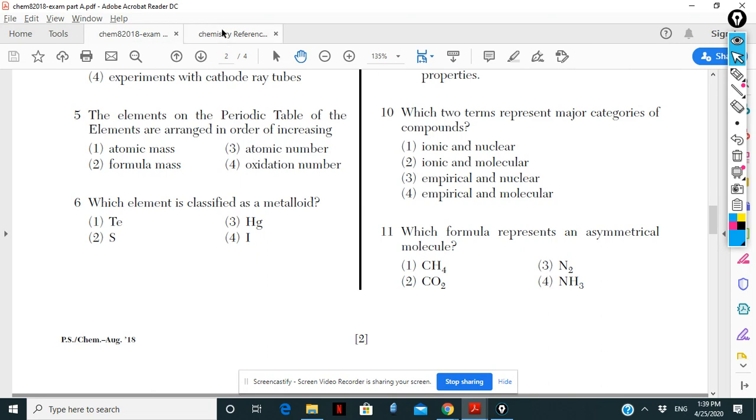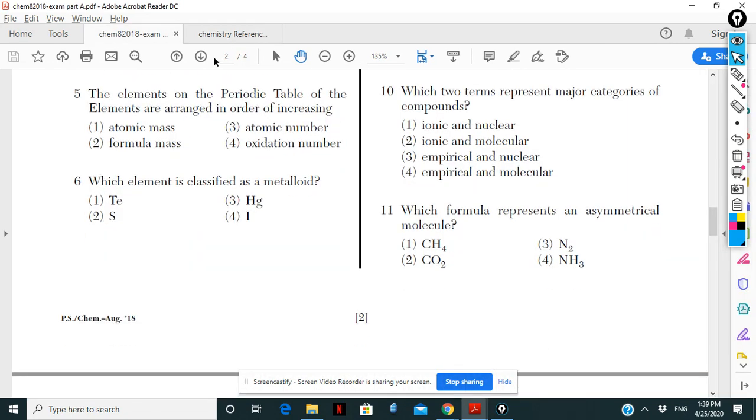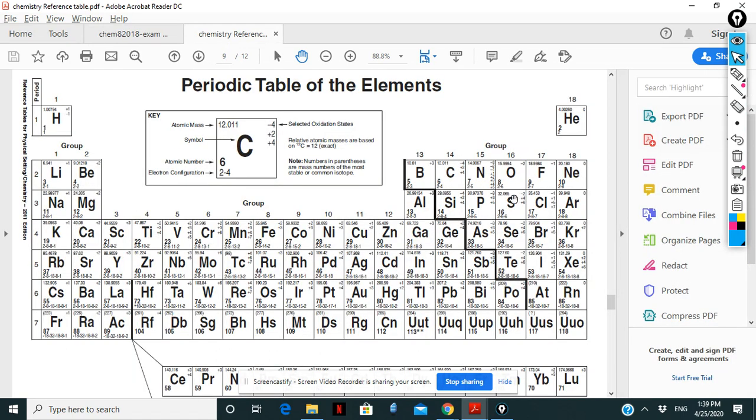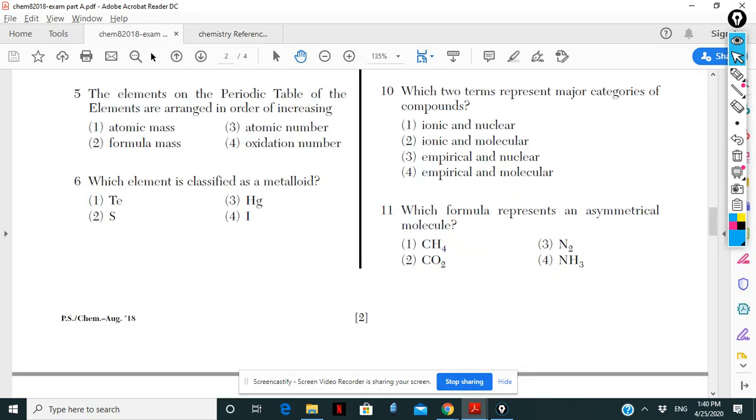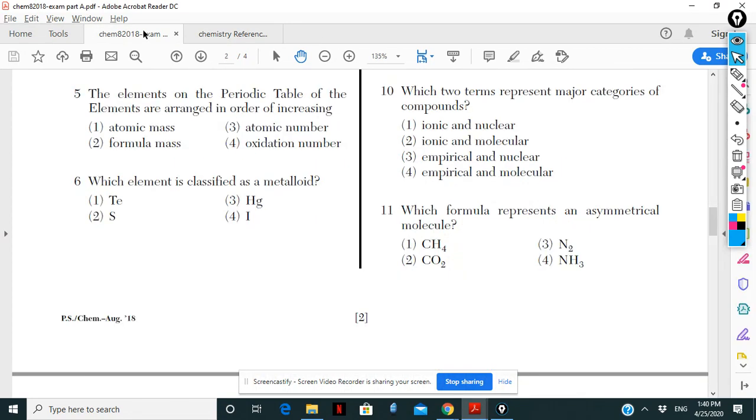If you're looking for Hg there, transition metal. If you're looking for sulfur, sulfur is here, is non-metal. If you're looking for iodine, iodine is halogen, so the only one that is metalloid is Te. So it's number 1. Question number